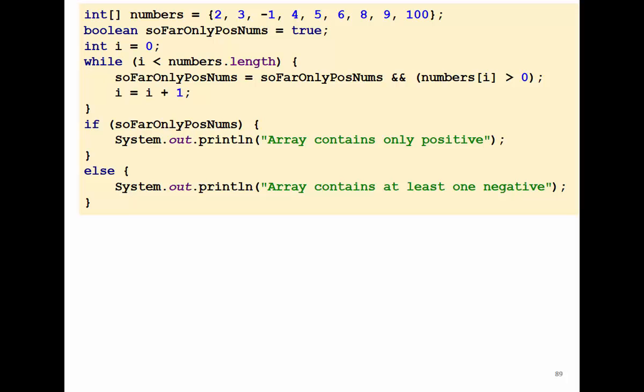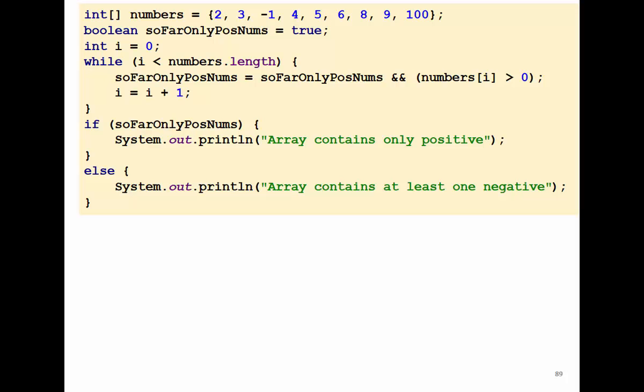Let us see here. We have numbers and we have a Boolean defined. So far, onlyPositiveNumbers is equal to true. i is equal to 0. And then we have a while loop, i is less than the length. And we ask, soFarPositive equals soFarPositive and the number at i is greater than 0.